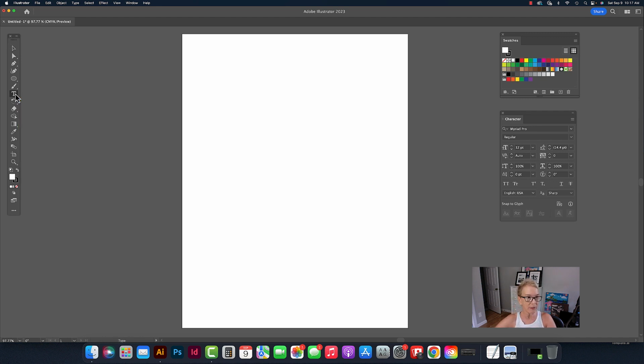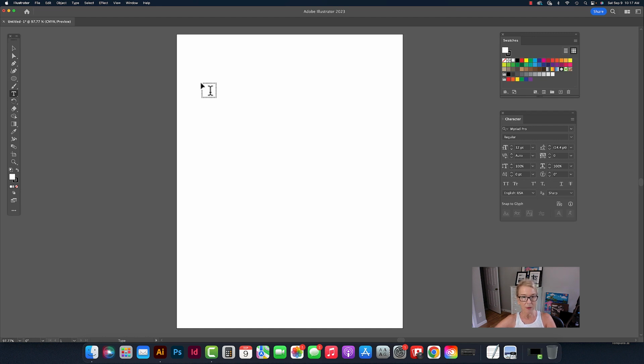Okay, let's get right in and start using our type tool. I've clicked the type tool. See how my little box has that little type cursor in it? That means Illustrator is ready to start typing. When you just hit your type tool on the page, it comes up with this nice little placeholder text. I'm going to type my name, Nikki Bloomer,